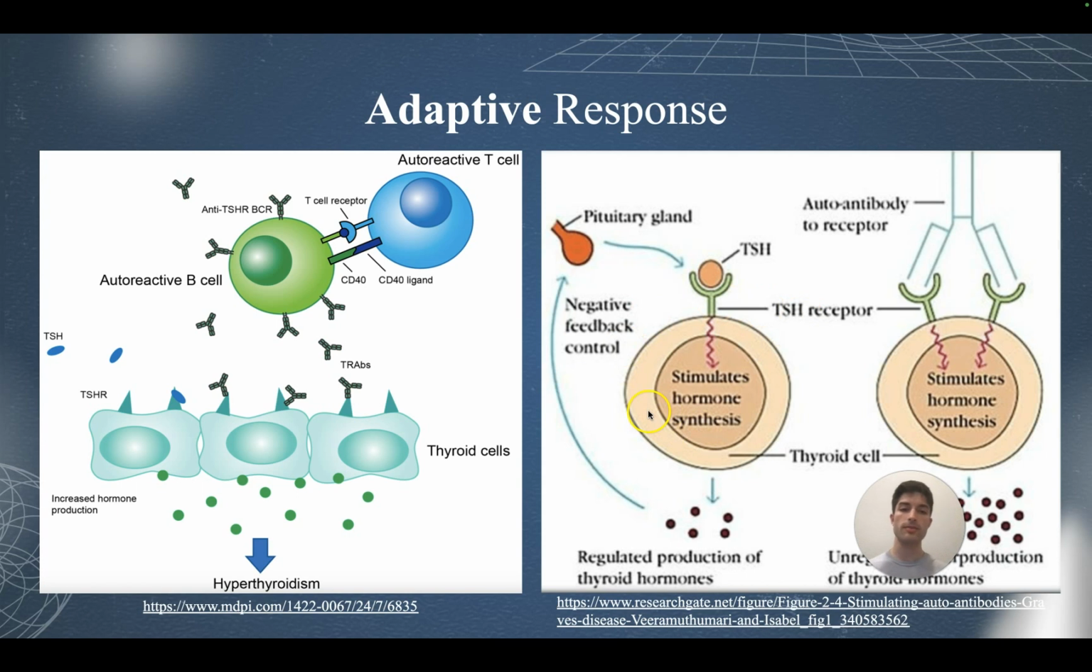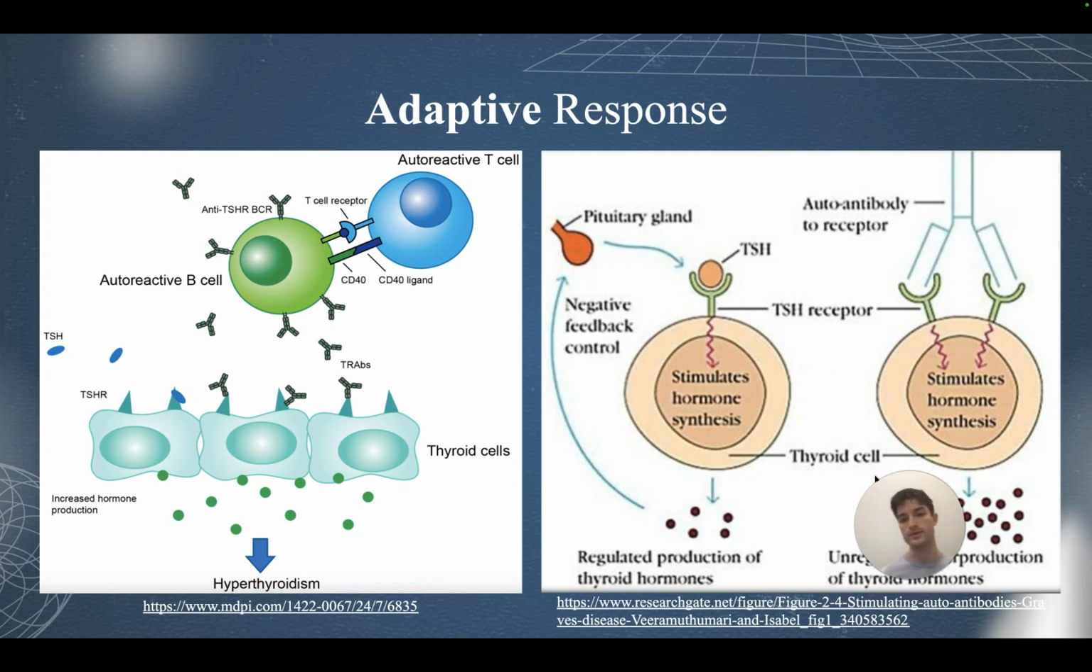On the left, functioning properly, we see our TSH produced by the pituitary gland binds to our TSHR, which then stimulates hormone synthesis and then production. However, in this case, there's a negative feedback loop: as you have that increased production of thyroid hormones, you then have a decreased production of your TSH, which then stops that process. However, with Graves' disease, it's not the TSH that binds to the TSHR, it's this autoantibody, the TSI. And the TSI doesn't have that negative feedback loop, so it's a chronic stimulation, and this results in that unregulated